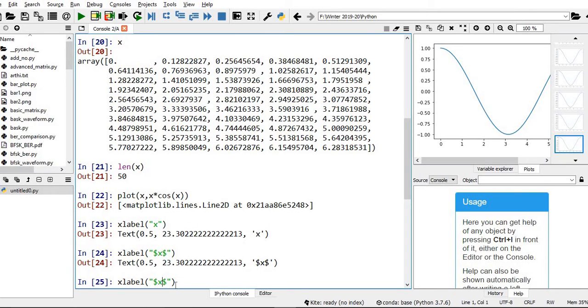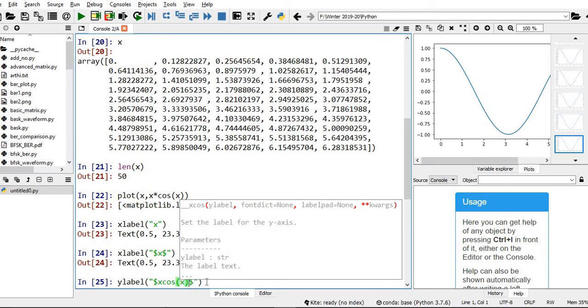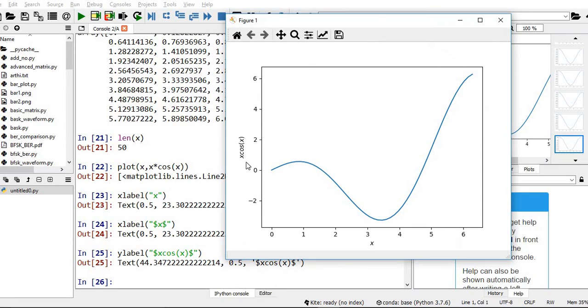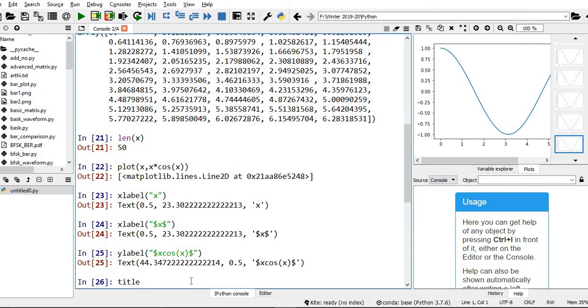Then y label, x cosine x. You just see the y label, it is x cosine x. Then I'm also giving the title.